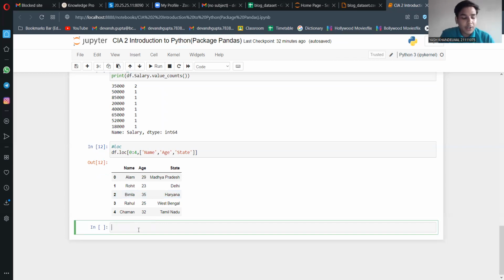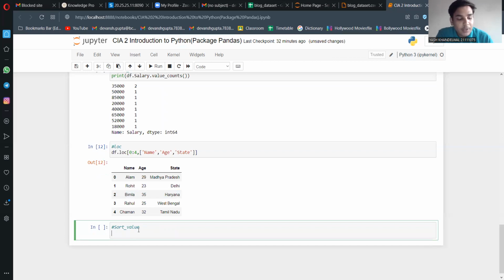Now, if we want to sort a column by its values in ascending or descending order, we can use the sort_values function. In order to do that, we will be using the sort_values function. So we will be sorting the column by its values. If we want to sort it in descending order, then the higher value will be on top as compared to the lower values. So the function will be